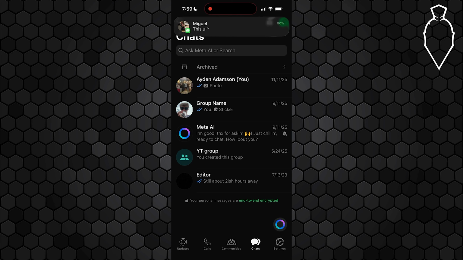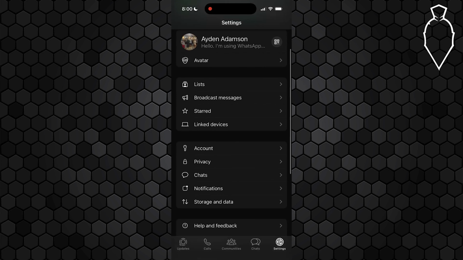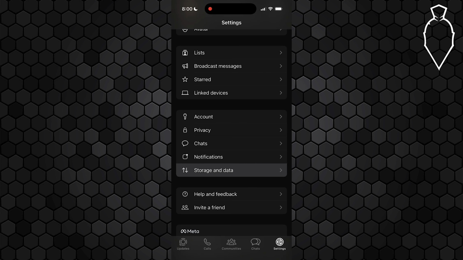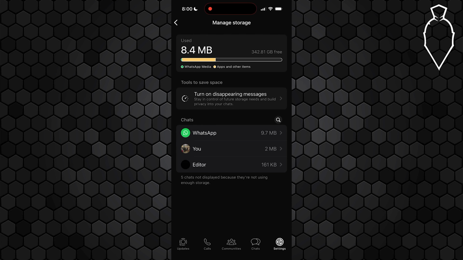Begin by opening up WhatsApp on your phone, and from here, go ahead and select Settings down in the bottom right. Go ahead and scroll down a little bit and you're going to see an option for storage and data. Open that up and then scroll down or look up at the very top and find manage storage. And in this section, you're going to see your chats, media, and any other saved messages or files stored on your iPhone. Just scroll through these chats to see if any deleted messages are still available, including text, photos, or